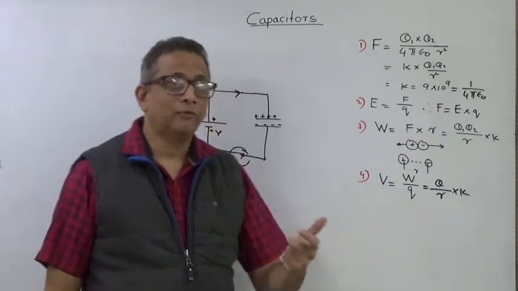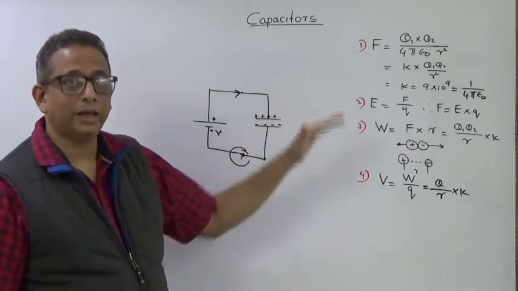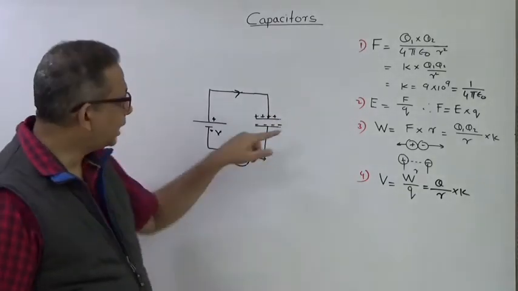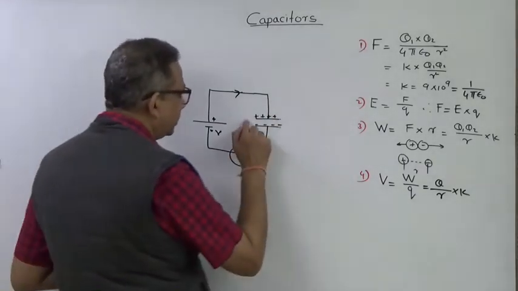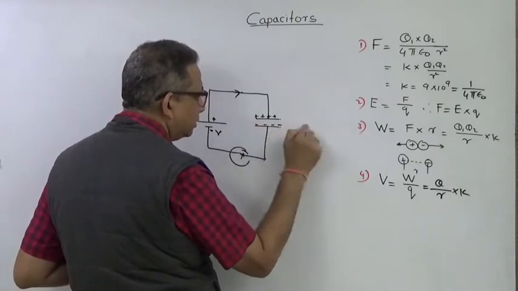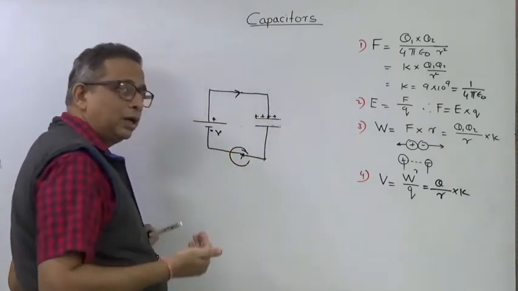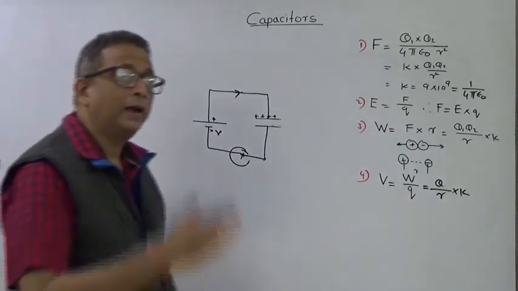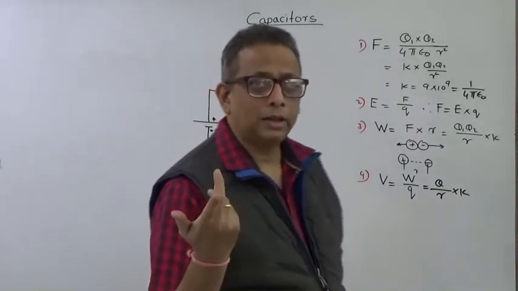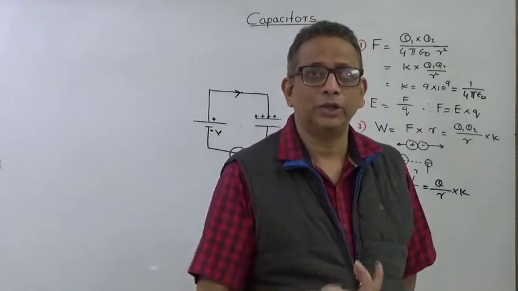You understand? For me to complete a circuit, normally I require a resistor. This is like an open switch, no? There is nothing in between this. There is air in between these two plates. When there is air between these two plates, how will the electrons move from one plate to another? How did the current flow in such a situation?